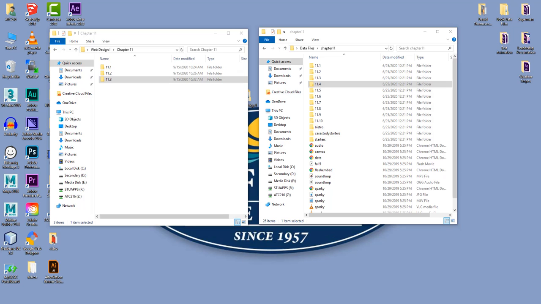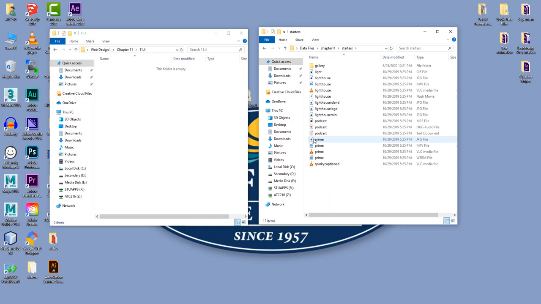So we played with audio controls. Now we're going to create a web page that will have video controls to play our movie. So I'm going to do an 11.4 folder, go into that starters folder, and this time I want the Lighthouse